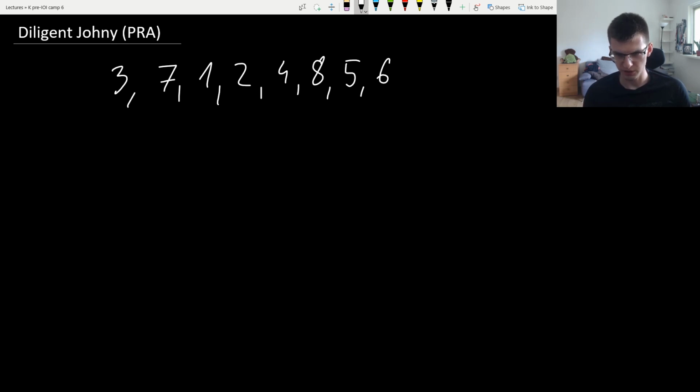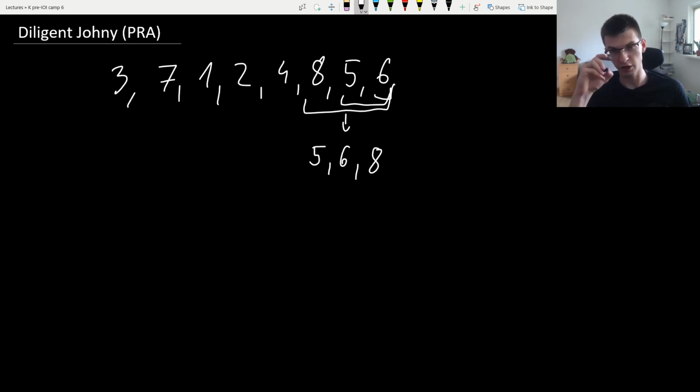It makes sense to move from the end, and what do we do? We decrease stuff. Here we do nothing, and from this 8, 5, 6, I want to get to 5, 6, 8. Do I know how many steps I need? This is equivalent to getting from 3, 1, 2 to 1, 2, 3, and I indeed know how to do it, because this is